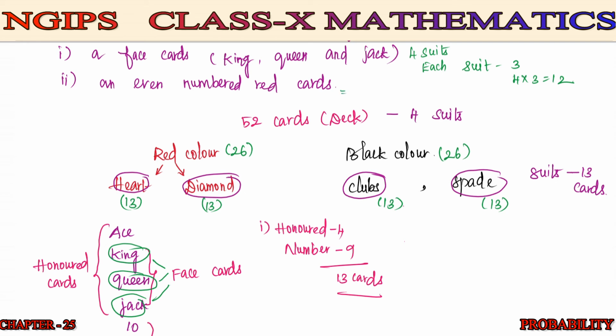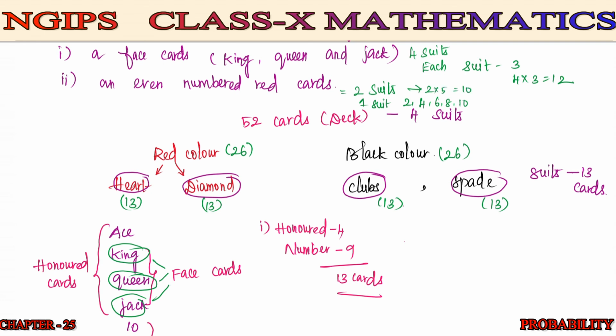First we'll calculate in the first suit. Totally you have 2 suits. In the first suit we have 2, 4, 6, 8, 10. So 1, 2, 3, 4, 5. So 5 cards. You will be having here 5 cards. 2 suits, right? So 2 into 5 it will be 10 cards. This is how we need to find.